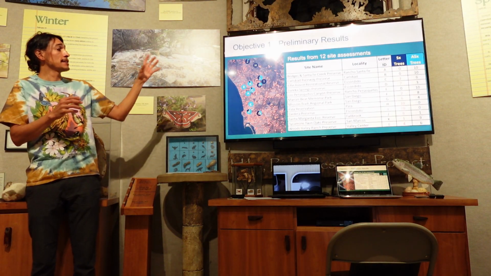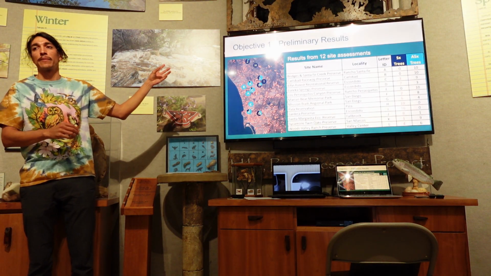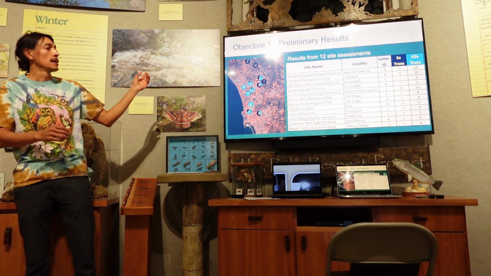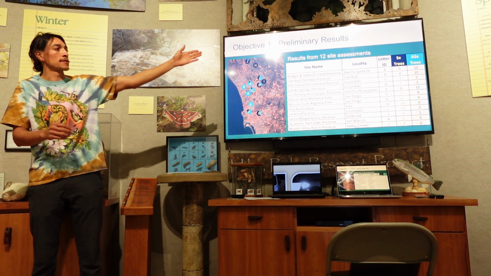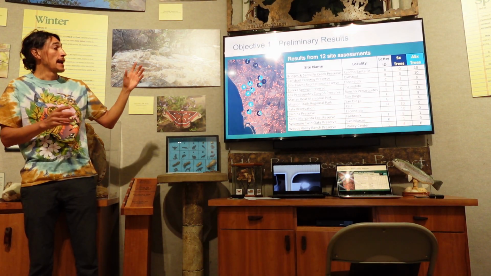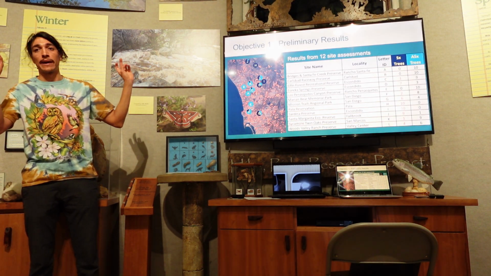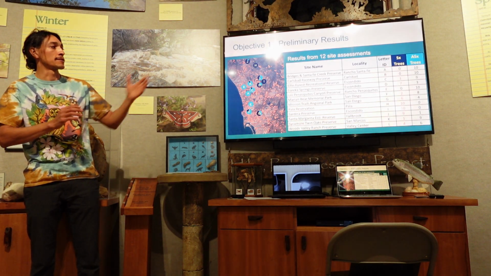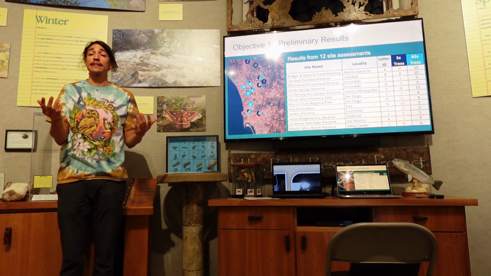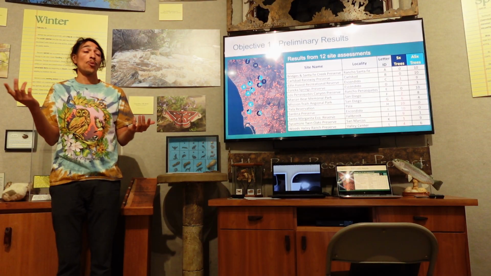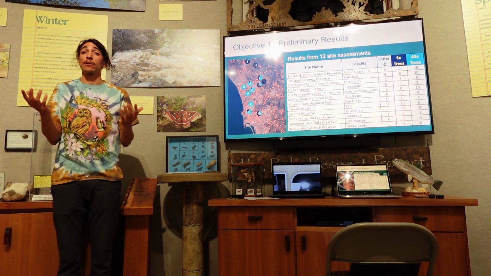And each site is represented by a pie chart with 10 slices. The black slices represent the symptomatic trees, shown in black on the column there to the right, and the blue slices represent the asymptomatic trees that were detected on the far right. And so you can see that out of the 12 survey sites, at least 9 of them contained at least one, which was surprising. I wasn't expecting that.